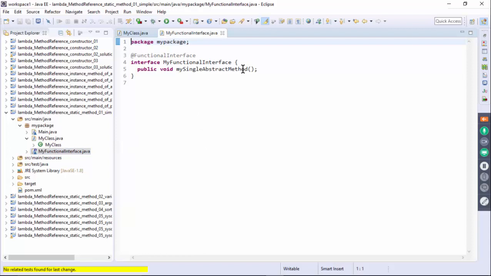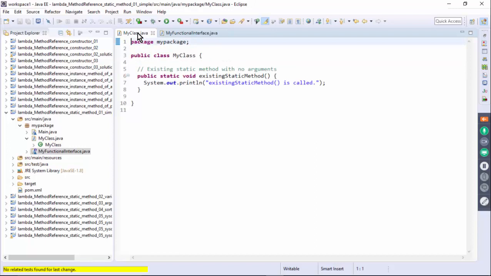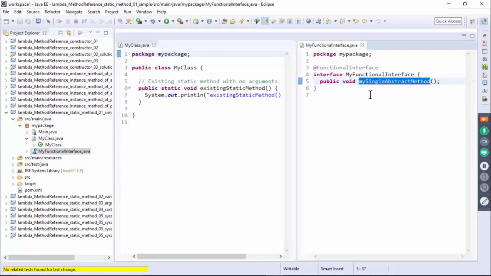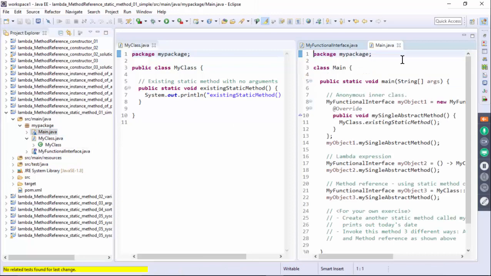This is a simple example from the one we have seen in the slide. My function interface has a very simple method which doesn't even take an argument, and my class has another static method which doesn't take any arguments. If you see these two together, you can see they have the same method signature because they don't have any arguments. So in the main method,